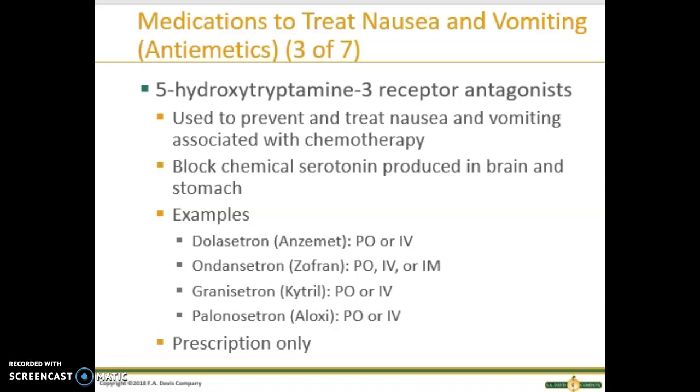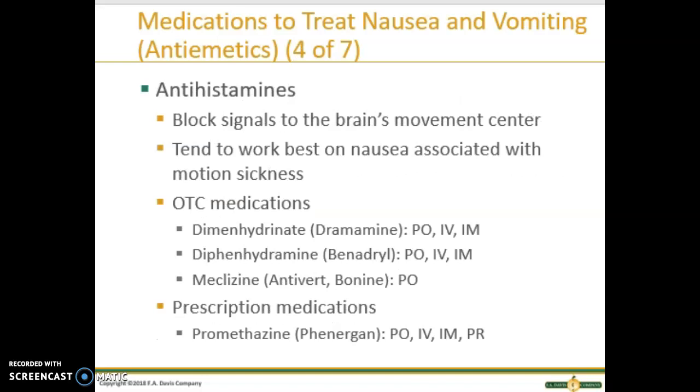5-hydroxytryptamine 3-receptor antagonists. These are used to prevent and treat nausea and vomiting associated with chemotherapy. They block chemical serotonin produced in the brain and in the stomach. And examples might be the Zofran taken by mouth, intravenously, or intramuscularly, or the Aloxi by mouth or intravenously. These are also prescription only. Antihistamines block signals to the